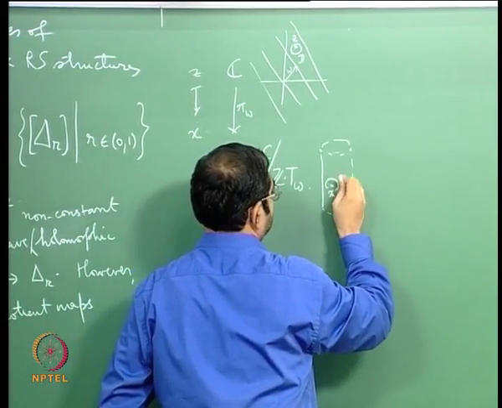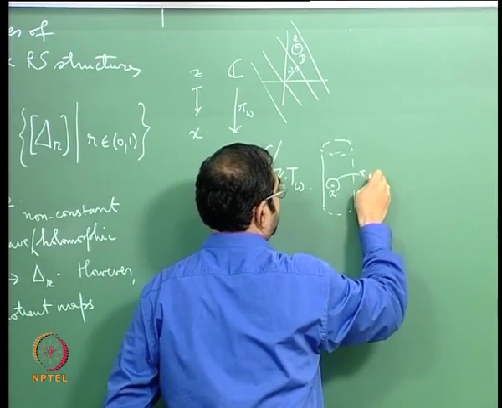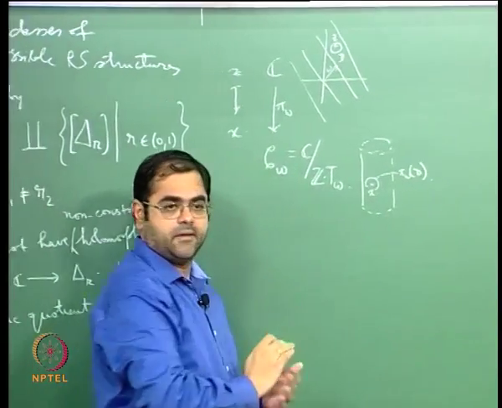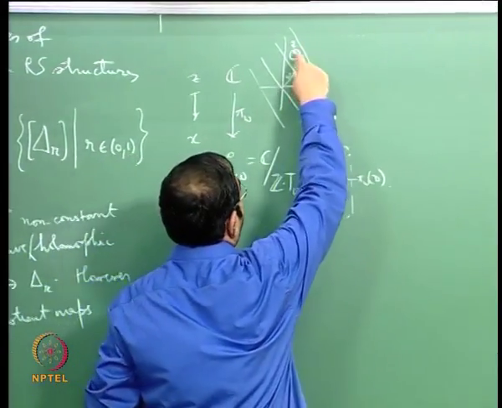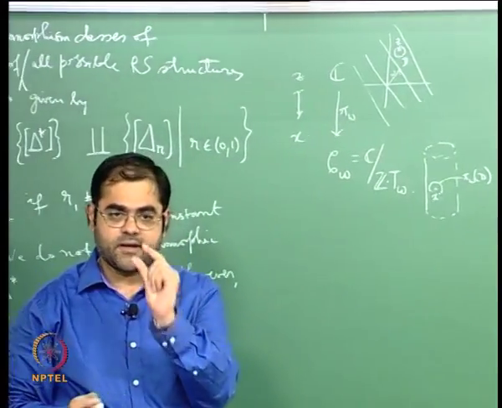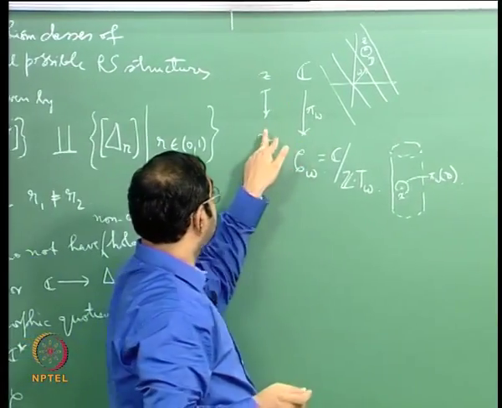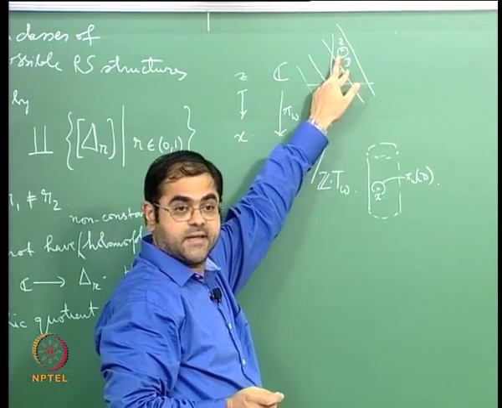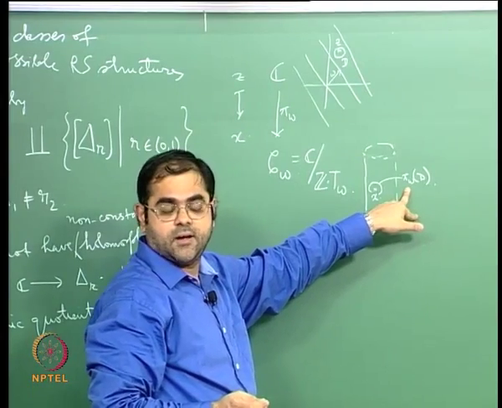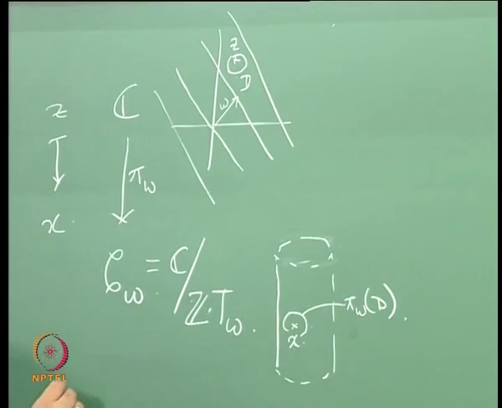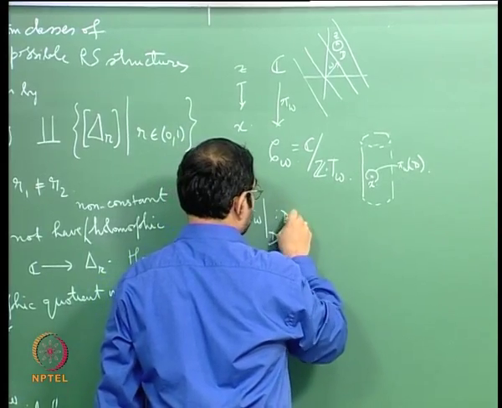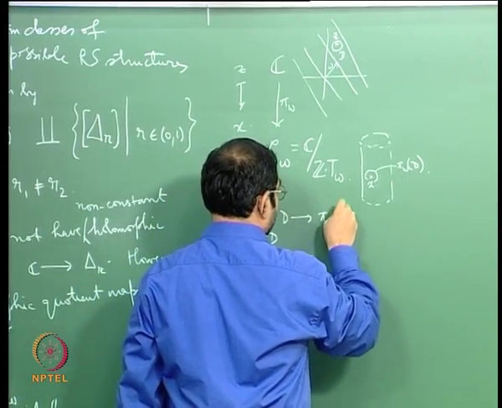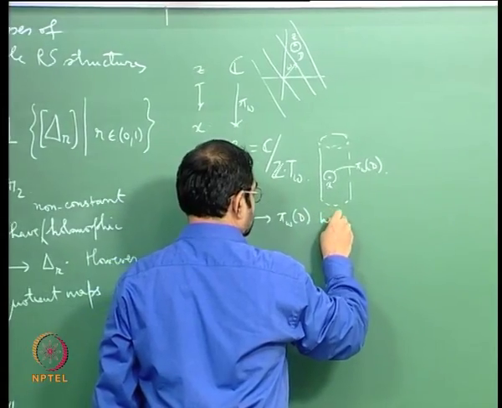So this image here is pi sub omega of d, okay, and we noticed that because I had chosen the disk d small enough, the projection map restricted to that disk is a homeomorphism onto pi omega of d. So pi omega restricted to d, from d to pi omega of d, is a homeomorphism,